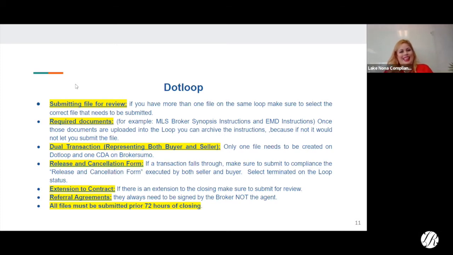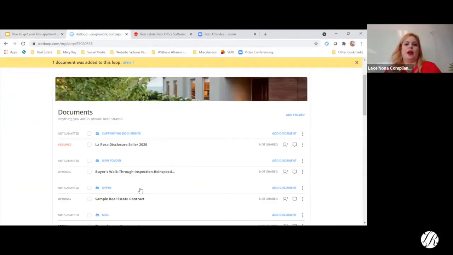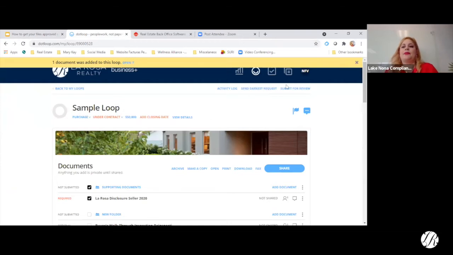Okay. So when we're submitting a file for review, make sure that you pick the correct file, because sometimes there's a few files, and for some reason, when they submit the file, they think they submitted, but they didn't. Let me show you in .loop. For example, I'm going to be submitting the supporting documents to our compliance department. When I click on submit for review,